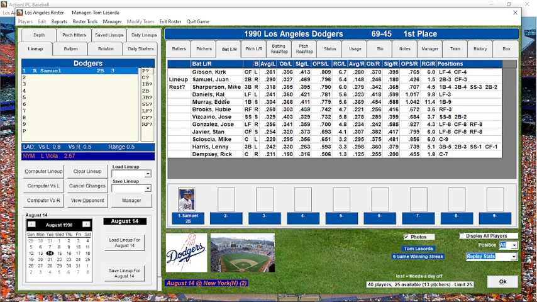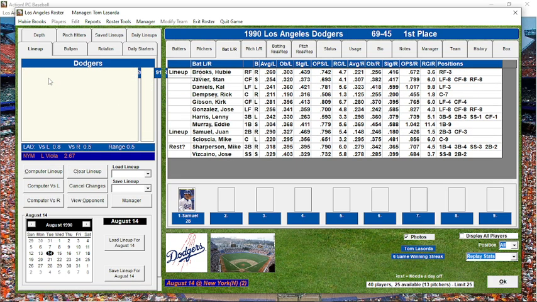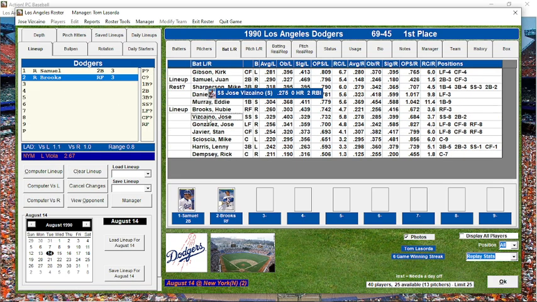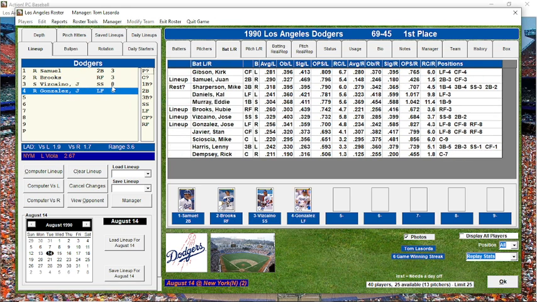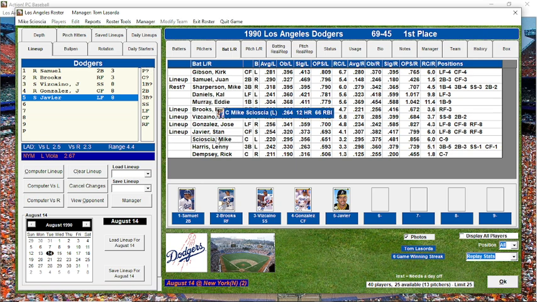Cal Daniels, you've watched the channel, you know he's important. Eddie Murray, same thing. So we're going to dump these guys in, and hopefully we can have enough stuff here to put together a lineup that fits all the different positions. We'll see. Brooks is going to have to stay in right. Gonzalez, however, can move to center field. And Javier, who's not good against lefties, but he's going to play today. Mike Scioscia will not play, hopefully. See if I have enough guys.